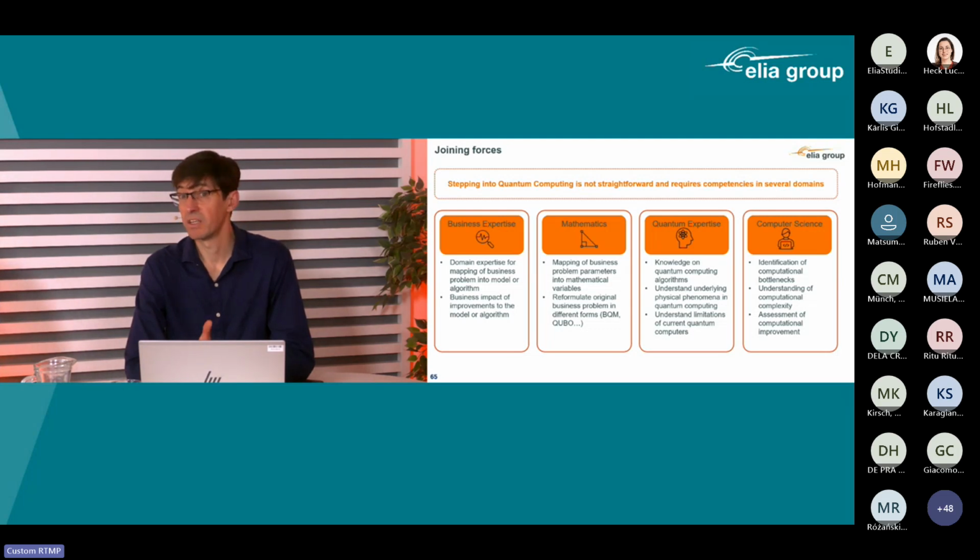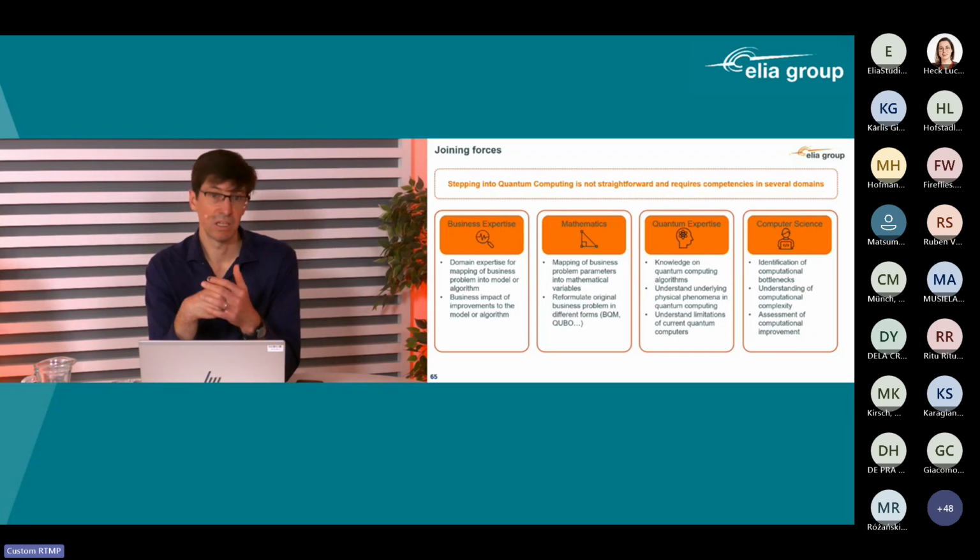Can you please help? And in that sense, we need mathematicians who can maybe see, I can use a simplex, or I can use this other formulation. We need computer scientists who will say, I see this problem is working now, but in a few years it will not be the case anymore. And what we see is that if we want to jump into quantum, we need this new expertise. We can find mathematicians, we can find computer scientists, but we need the combination of all this together, especially of the quantum expertise.